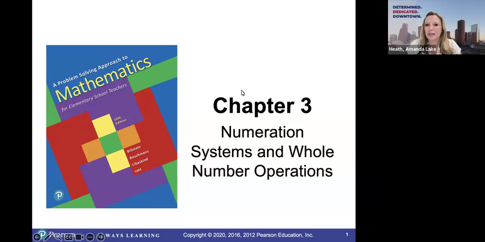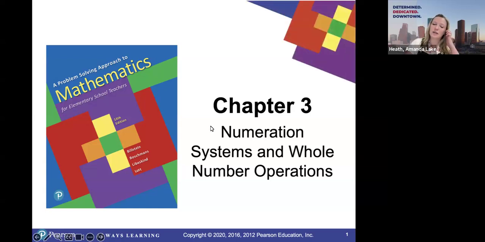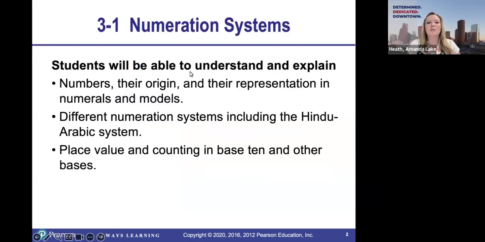Today we're going to be starting Chapter 3, and we're going to look at Section 3.1. So Chapter 3 is all about numeration systems and whole number operations. We're actually just going to touch on 3.1 for this unit, and then we'll do the rest of Chapter 3 in the next unit. So in this unit, you should be able to